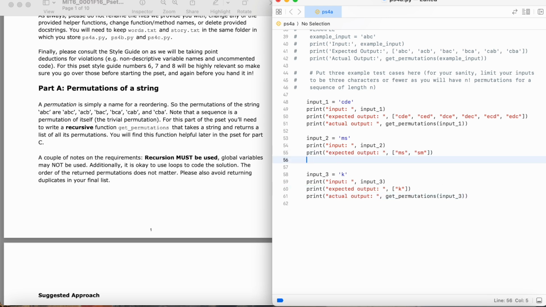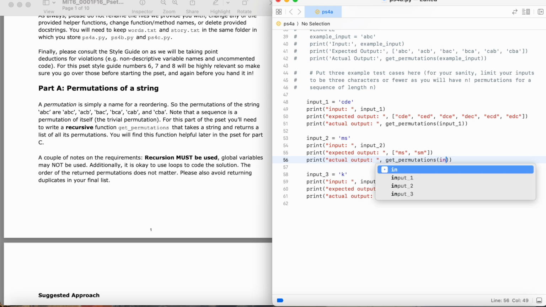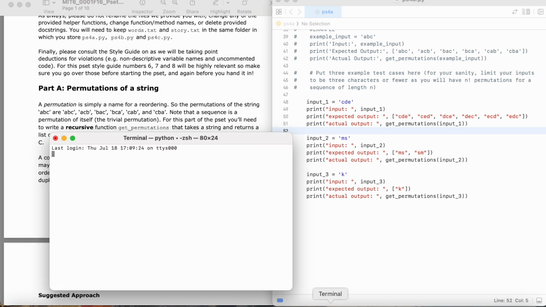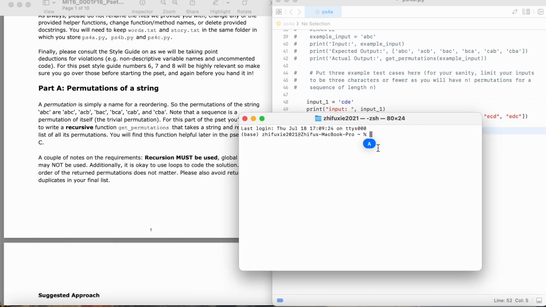Okay, so I realized I just forgot right here to print out the actual output. So this is what we're actually going to compare it to. So the actual output, and we're going to call get permutations, and it's going to take in input 2. Okay, so now we have 3 test cases, and this is the expected output, and then here is what the actual output should be. So I'm going to Command S and then save it, and then I'm going to open our terminal. Now I saved this in the folder CS Practice,